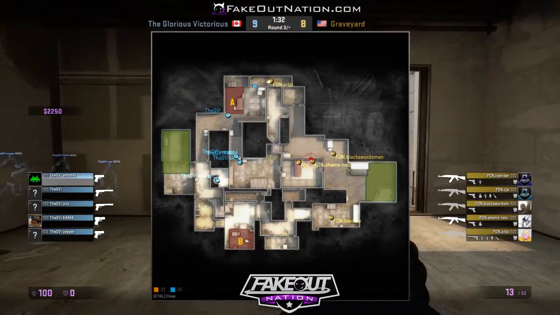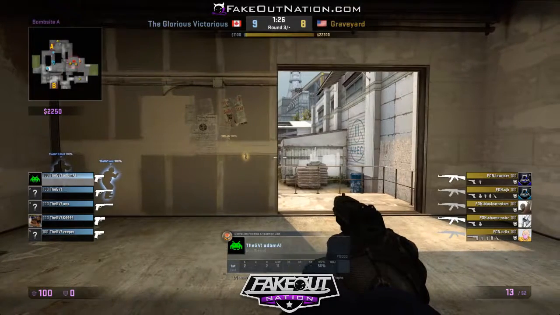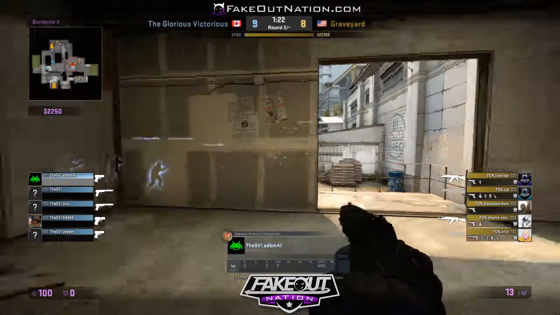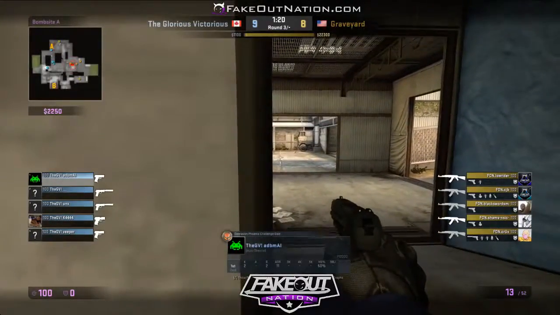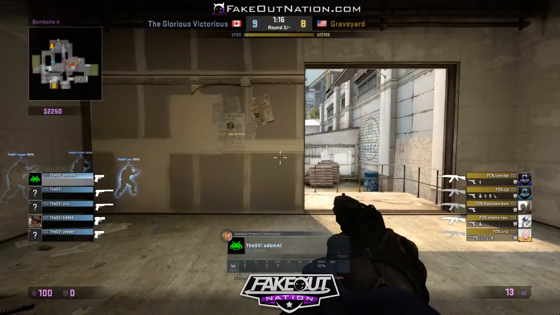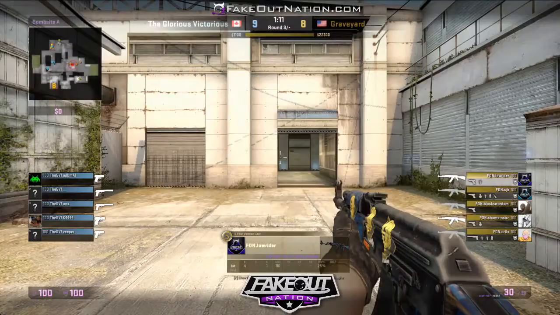into the gun round. So we see Glorious Victorious stacked up around mid, not really having too much of a B defense. If FakeOut were to go back around through their spawn and slip into B, they would be able to get a nice surprise plant. However, it looks like we have somebody over. We have Crux in the A site